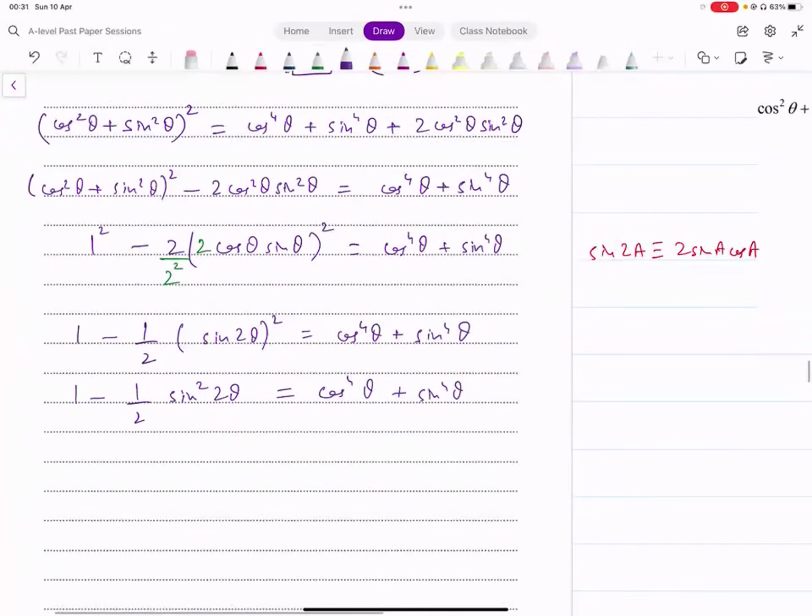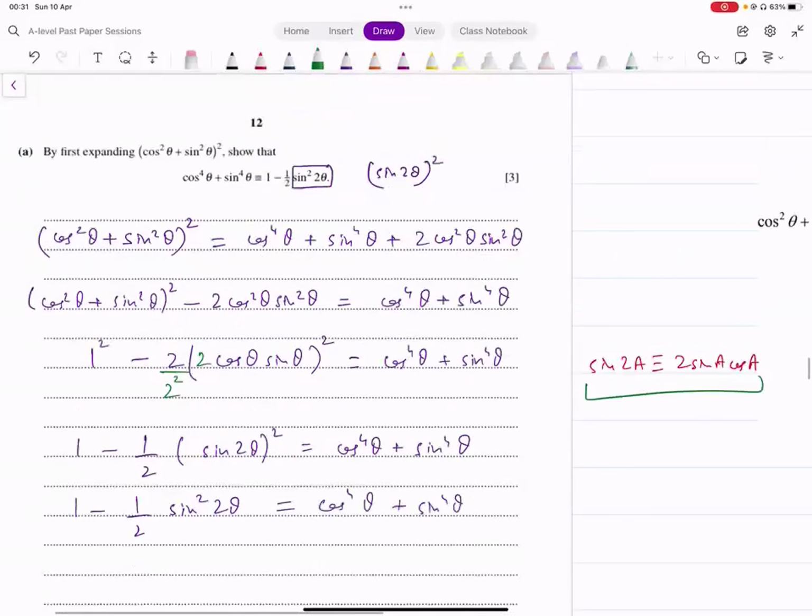हमारे पास सिर्फ ये आ रहा था sin थीटा cos थीटा, 2 नहीं था वहां पे, तो हमने 2 वहां पे डालना था किसी तरह से, तो हमने 2 डाल दिया, लेकिन खुद से वैसे रैंडम तो नहीं डाल सकते ना। अब जब 2 डाला वहां पे, तो उसको बैलेंस करने के लिए जब हम 2 स्क्वायर से मल्टीप्लाई कर रहे हैं, तो 2 स्क्वायर से डिवाइड भी करना पड़ेगा। क्यों किया हमने? क्योंकि हमने ये आइडेंटिटी यूज करनी थी, इसलिए हमने किया। ओके, बिकॉज फाइनल आंसर में हमें sin 2 थीटा चाहिए था वहां पे। ऑल राइट, ओके, गुड।